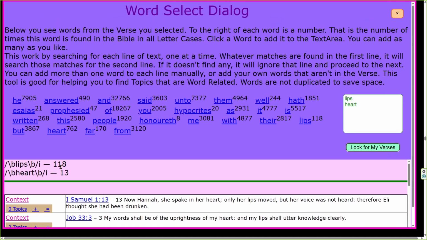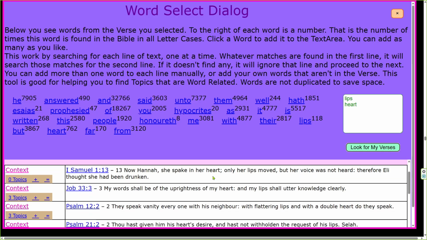And if we look up top here, we have the lips, which is 118. And if we look at lips here, it shows me 118. Heart is 13 times. It has to have heart and lips. So of the 118, only 13 have heart. So when I come down here,